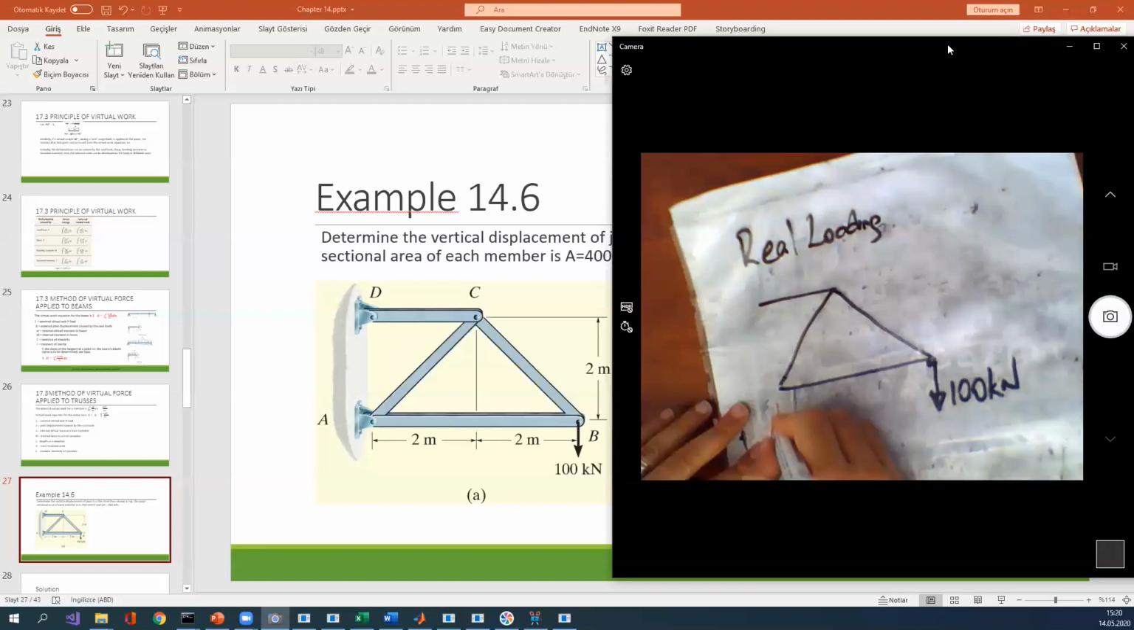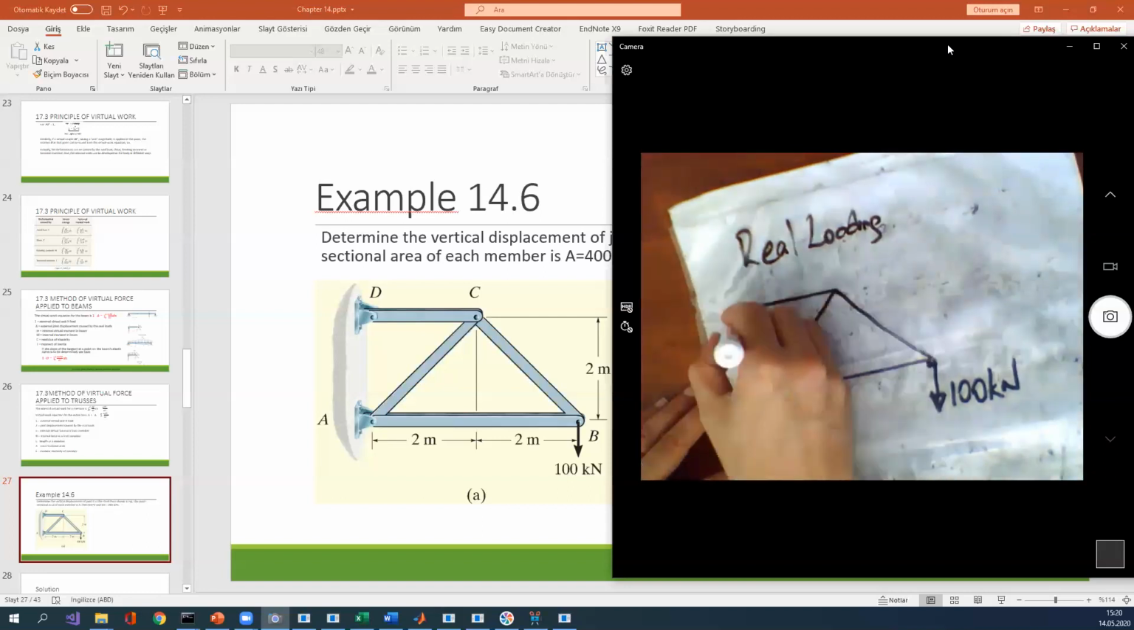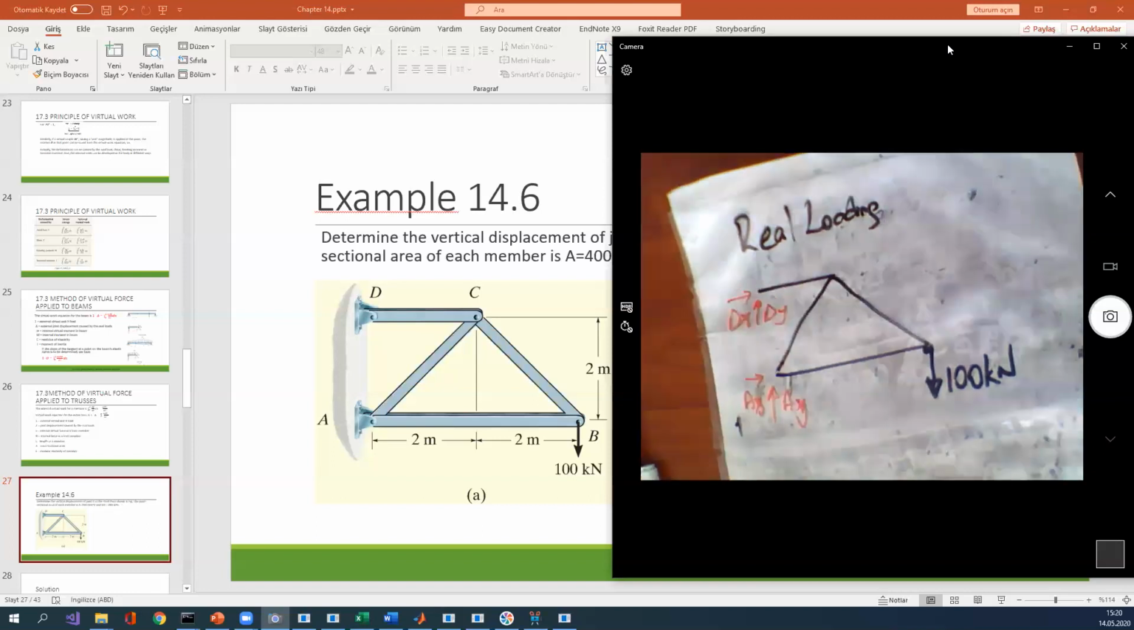AY, AX, and also DY, DX. Okay, by method of joints, I can find the forces. I don't want to go into detail. Okay, you know the meaning of how you can use the method of joints for a truss. Okay, by using this loading system, we can find